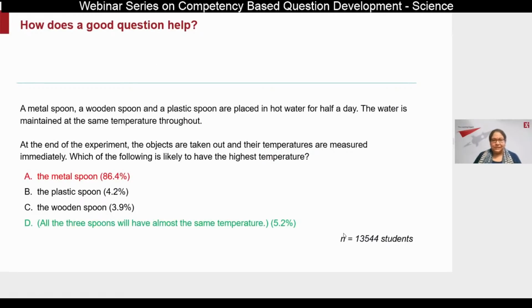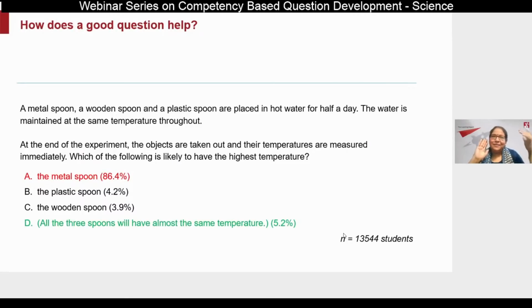I have one more question, and I would like the participants to read it while I also focus on it. In the options, I've also put the performance for each of the options. And like you can see on the right bottom, around 13,000 students have actually taken this question, and the performance that we see is from the actual data set. So just because